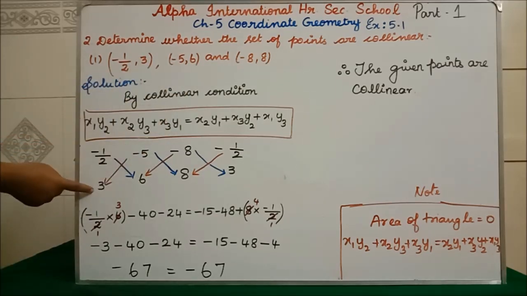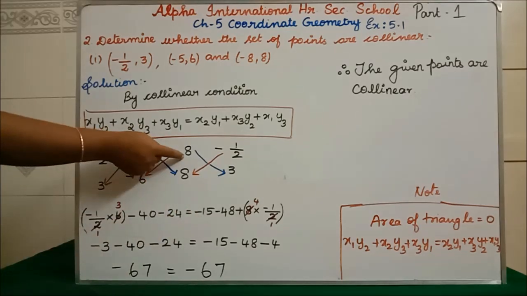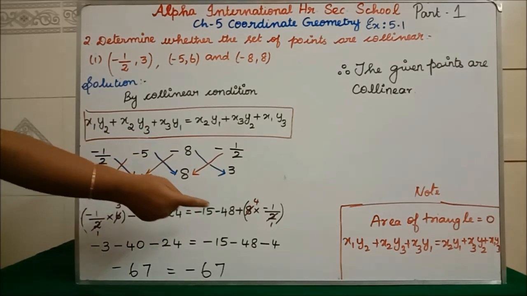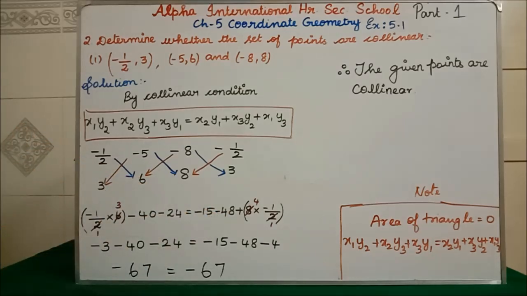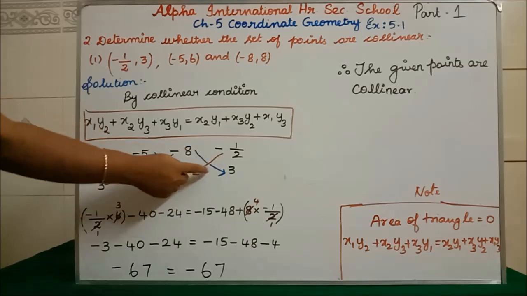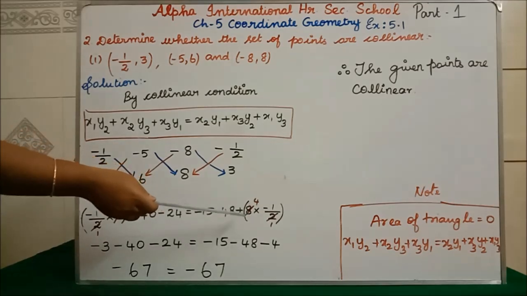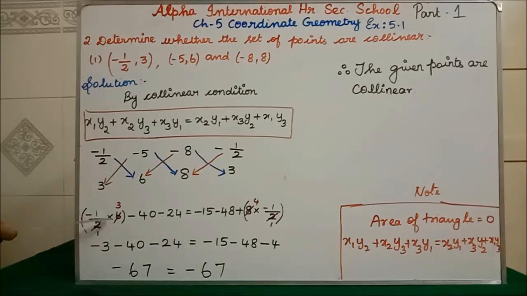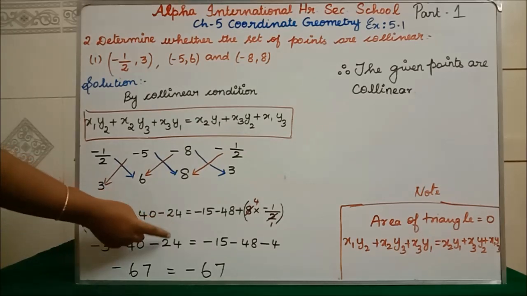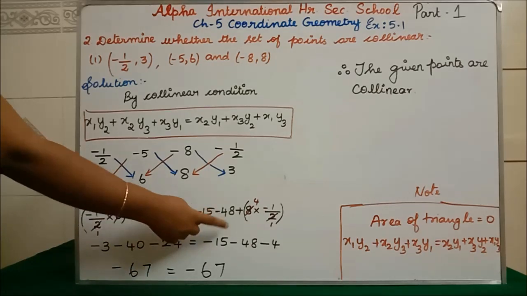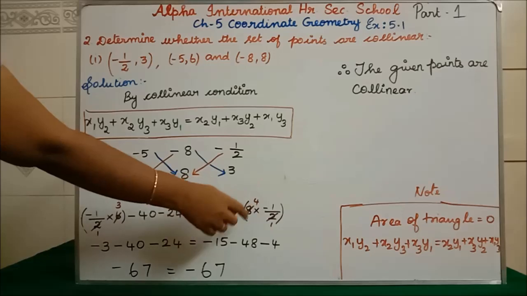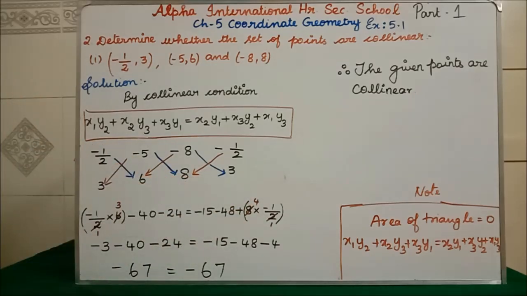So minus 5 into 3, minus 15. Minus 8 into 6, 8 6s are 48, minus 48. Clear? Can you understand? Then plus 8 into minus 1 by 2. So this 2 and 8 will get cancelled. In 2 table 8, how many times? 4 times. Similarly, in 2 table 6, how many times? 3 times. So remaining is minus 1 into 3 is minus 3, minus 4, minus 24 equal to minus 15, minus 48. Here 4 into minus 1 is minus 4. Clear all of you?